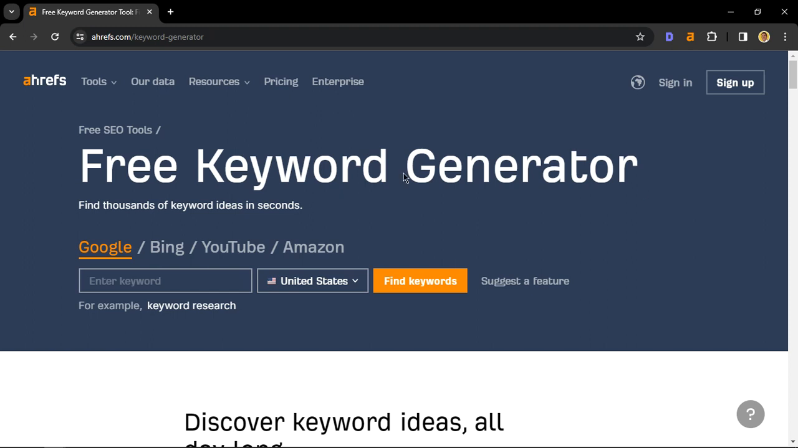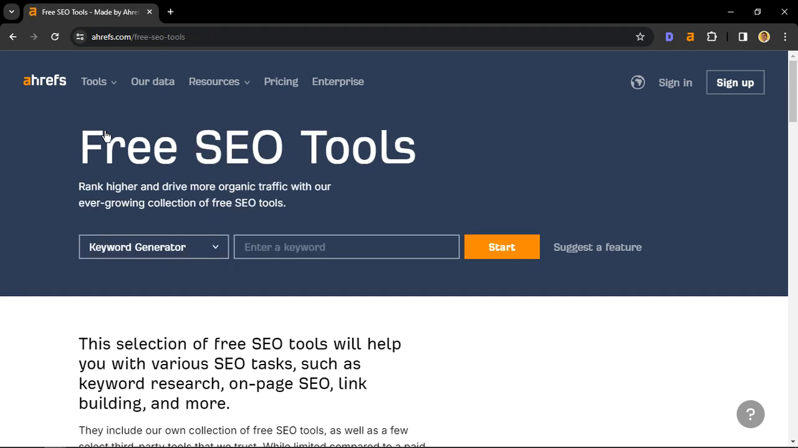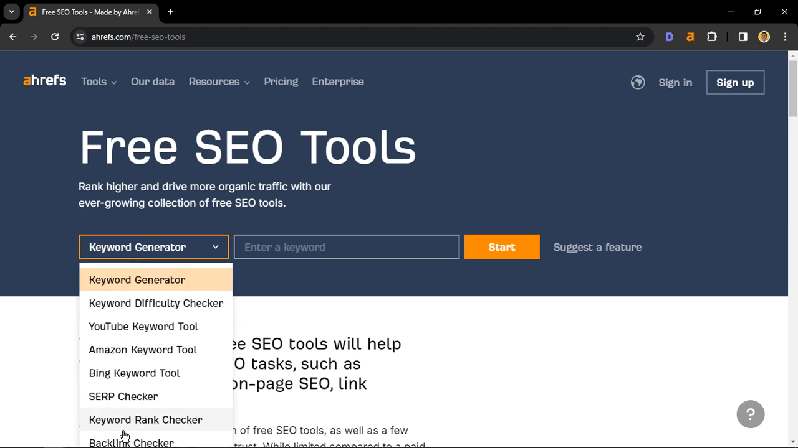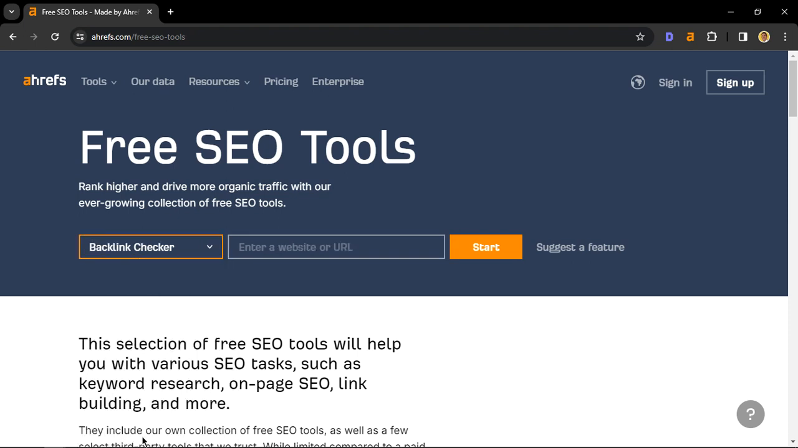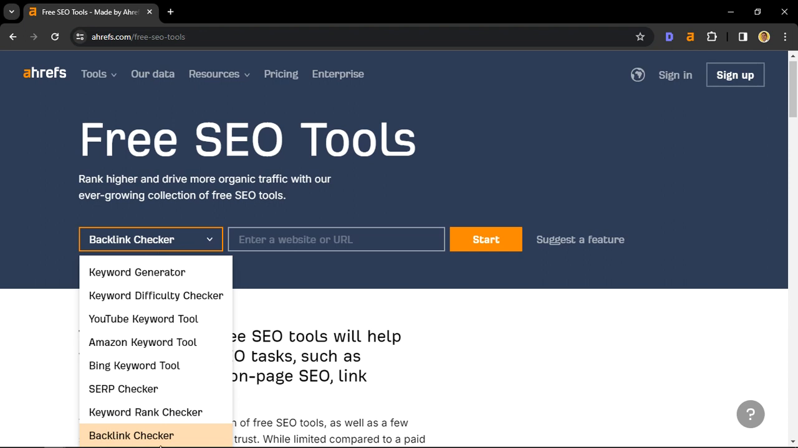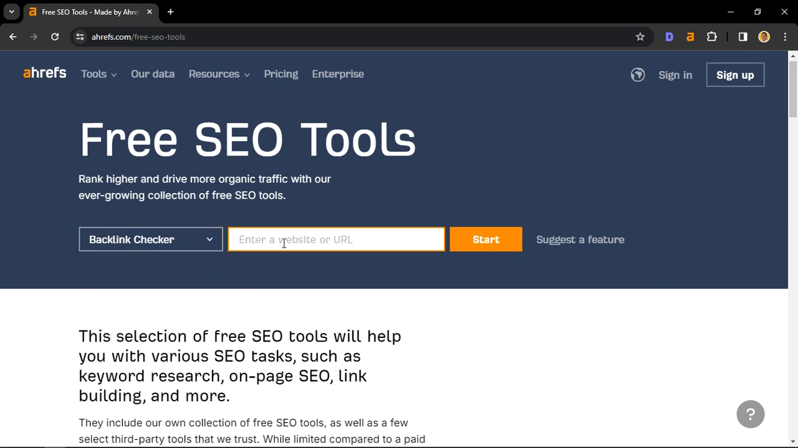Awesome. So once you arrive here, you want to click on free SEO tools. Awesome. And at this little bar here, you want to click on backlink checker. So backlink checker among all the other tools that you have, and then here you can just type in the URL that you want to search in. For this example, I'll just be using